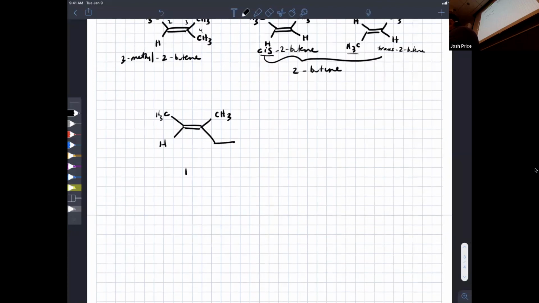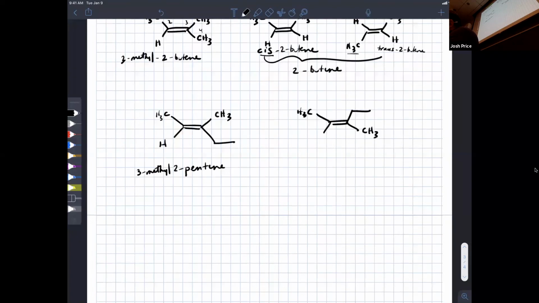So this is now a pentene. I guess we would call it 2-pentene and maybe 3-methyl-2-pentene. But lo and behold,